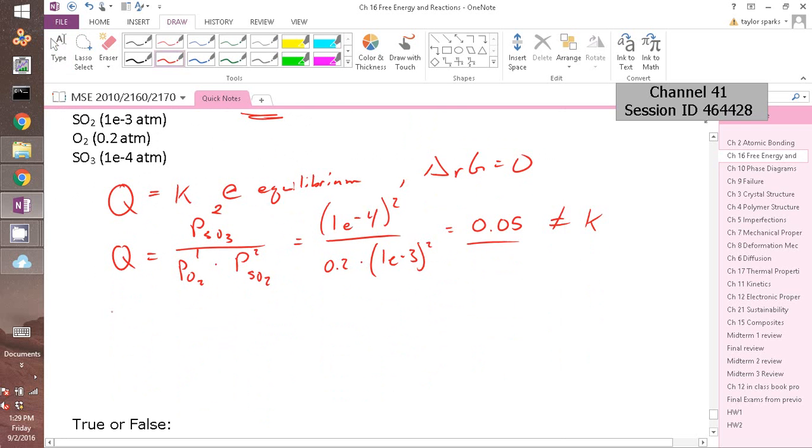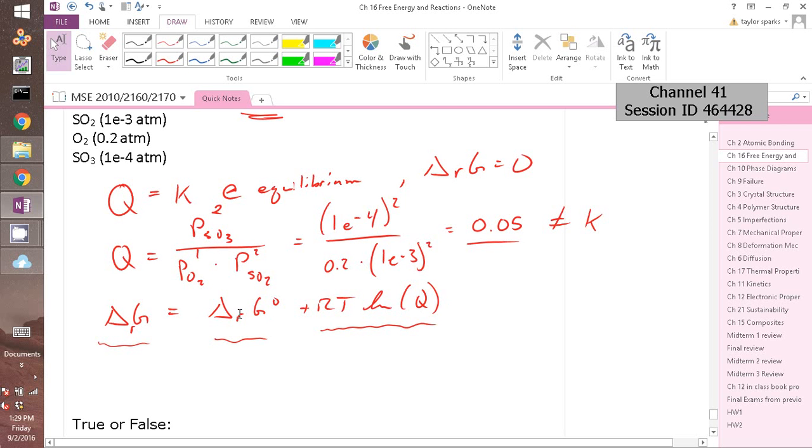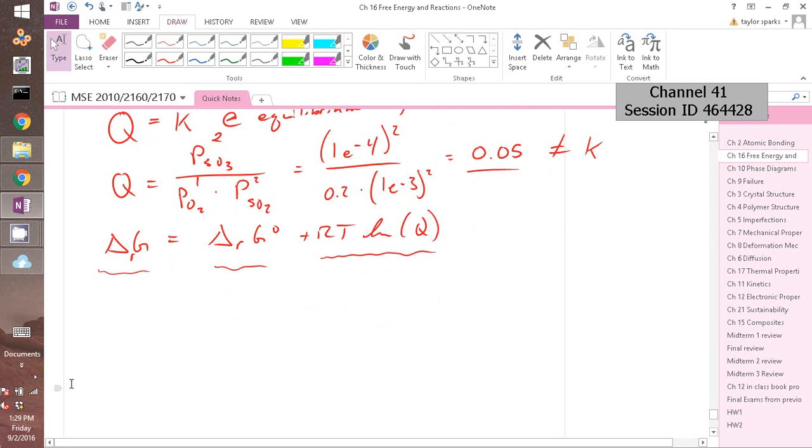Yeah, the total change in free energy of a reaction tells us whether it's spontaneous forward or backwards, but this depends on delta Rg naught plus RT natural log of Q, right? So if we know Q, we could solve for this part of it, but we can't know this until we know that part too, right? But I've given you enough information by telling you what K is to solve for delta G naught, and let's do it together. Okay? So at equilibrium,